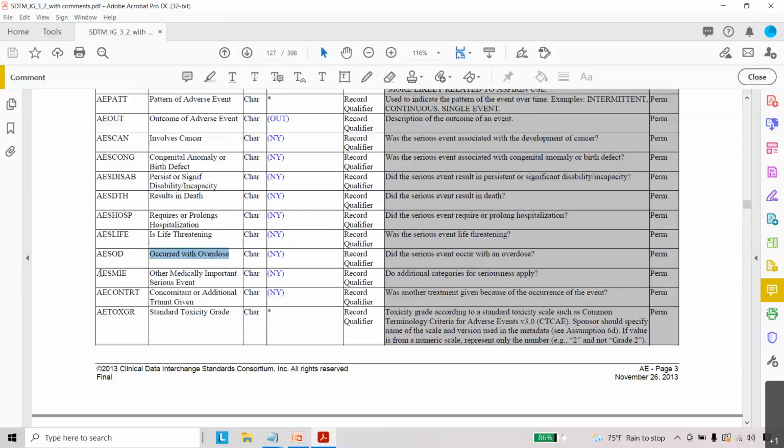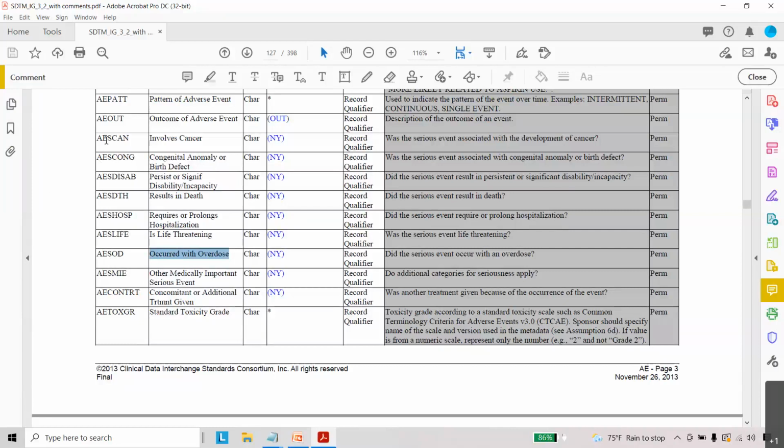And then we have AESMIE, other medically important serious event, meaning that adverse event is leading to another medically important serious event.